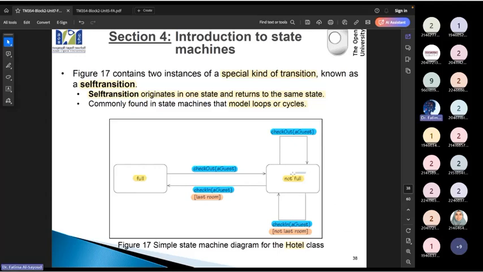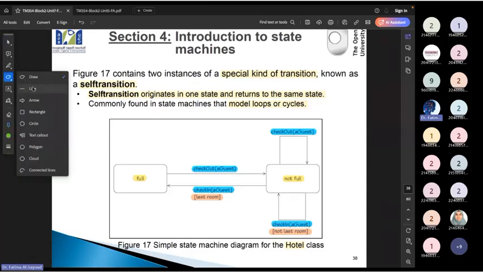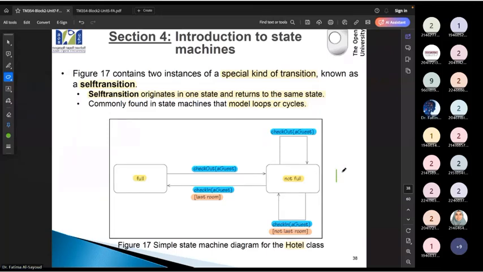So at the beginning, when you start with not filled, whenever someone checks in, and it's still not the last room, as we said, this hotel has 100 rooms. This is the limit. Okay. At the beginning it was not filled. So what is the number? This is the capacity. Capacity equals 100. So currently, how many rooms are booked? Zero, when it's not full. So someone will check in.